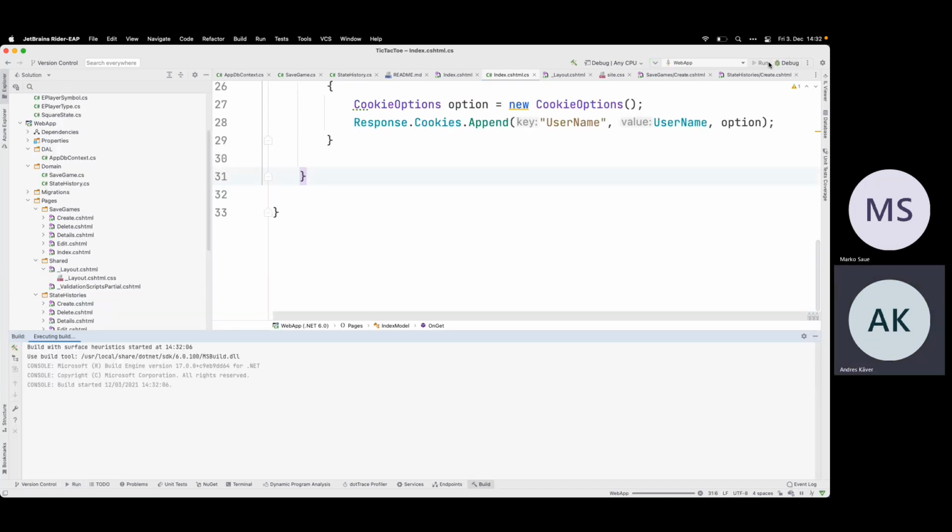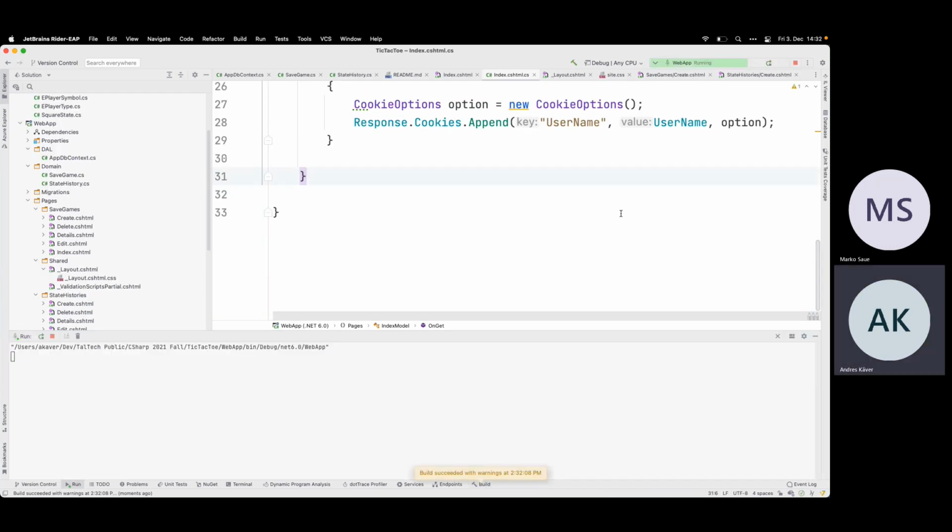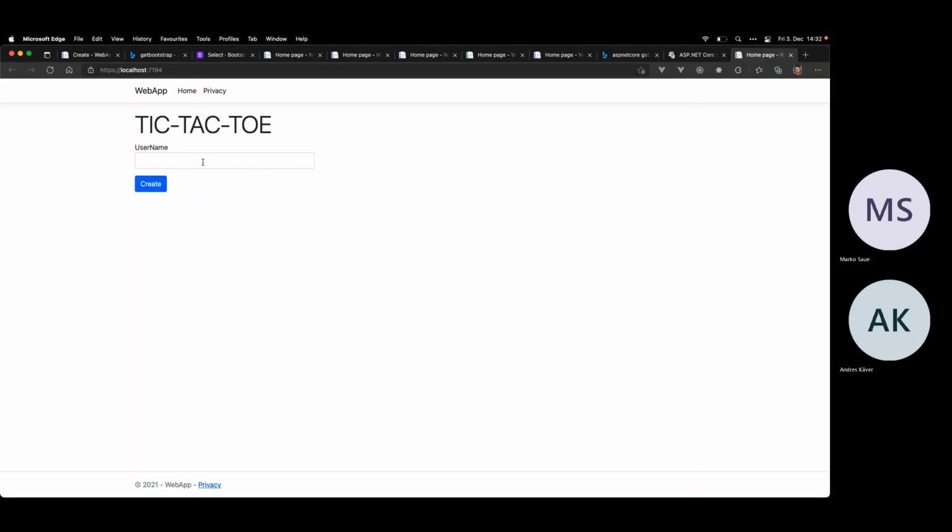So let's see, will this work? So initially I have no username, and the menu is gone from here, so I can't see the save games. So let's say I'm Akaver. No, it's loaded, and do I need to do the refresh? Yes. So I need to do the second load also, because I created the cookie, but the cookie was created when the page was loaded. So then there was no cookie yet. Just redirect. Yeah, I can make a redirect.